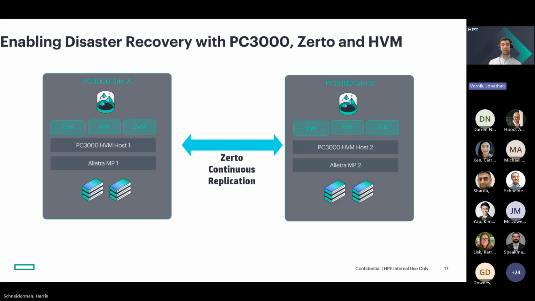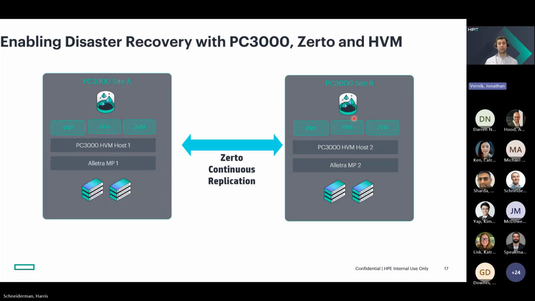So having a look on the slide itself, we have two HVM managed environments with the underlying virtualization manager being HVN, and those are the hosts. And then within that, we also have the Alletra MP, which is the underpinning storage to serve block workloads. So for the continuous replication to run smoothly, we've got the ZVM. You'll see the ZVM on both sites, which is the brains for handling day-to-day operations like protection, replication, and failovers. And then you've got the VRAs as well, which do the heavy lifting, being the data movers between the two